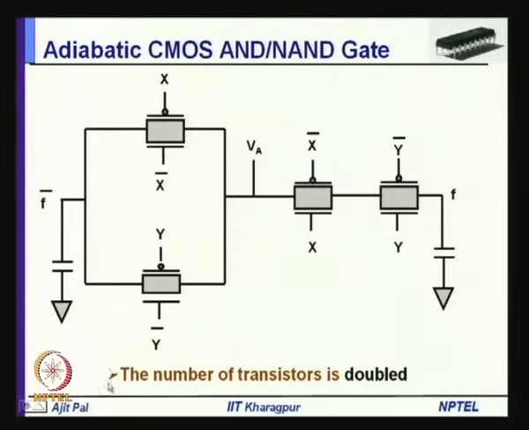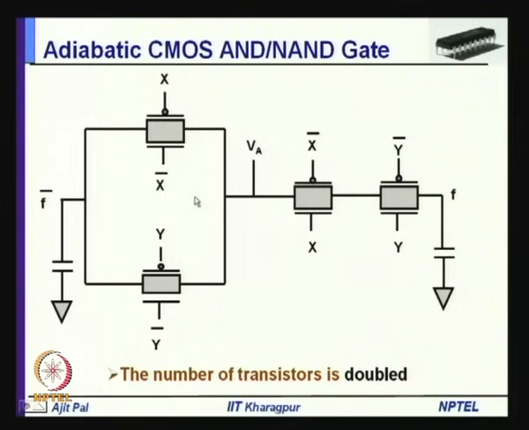adiabatic gate. And here, for example, the realization of an AND gate is shown. So, you can see here this VA, which is the pulse power supply that is being applied, and this part is two transmission gates which are driving a capacitor, and which is realizing F. That means, this is an AND gate, so when both of them are 1, that means this path will be closed, only then this output will become 1, and when any of them is 0,